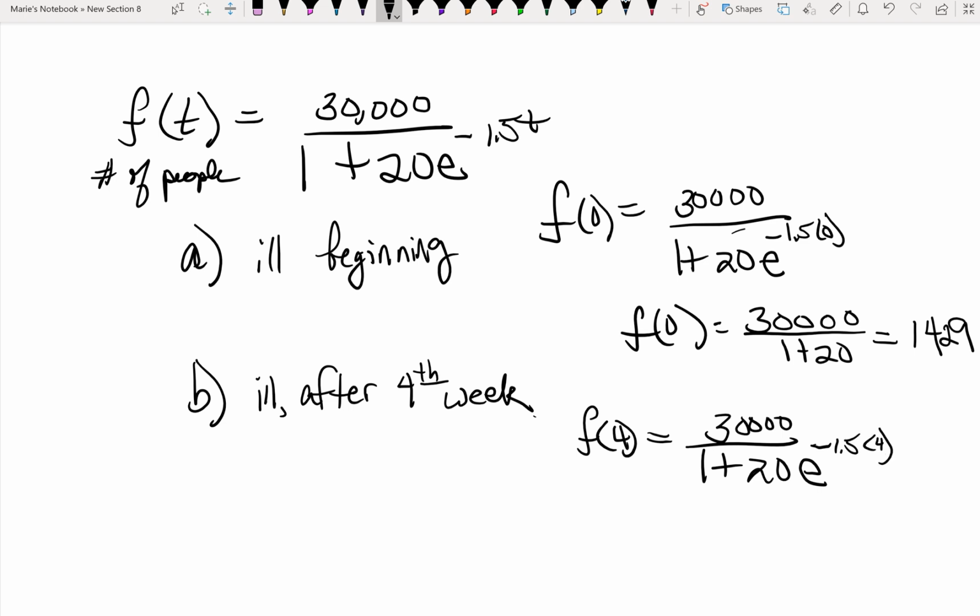And so this becomes approximately, once you use your calculator, 28,583. So approximately 28,583 people were ill at the end of the 4th week, compared to the original amount of 1,429 that were ill at the beginning of the epidemic. Okay, and so part C